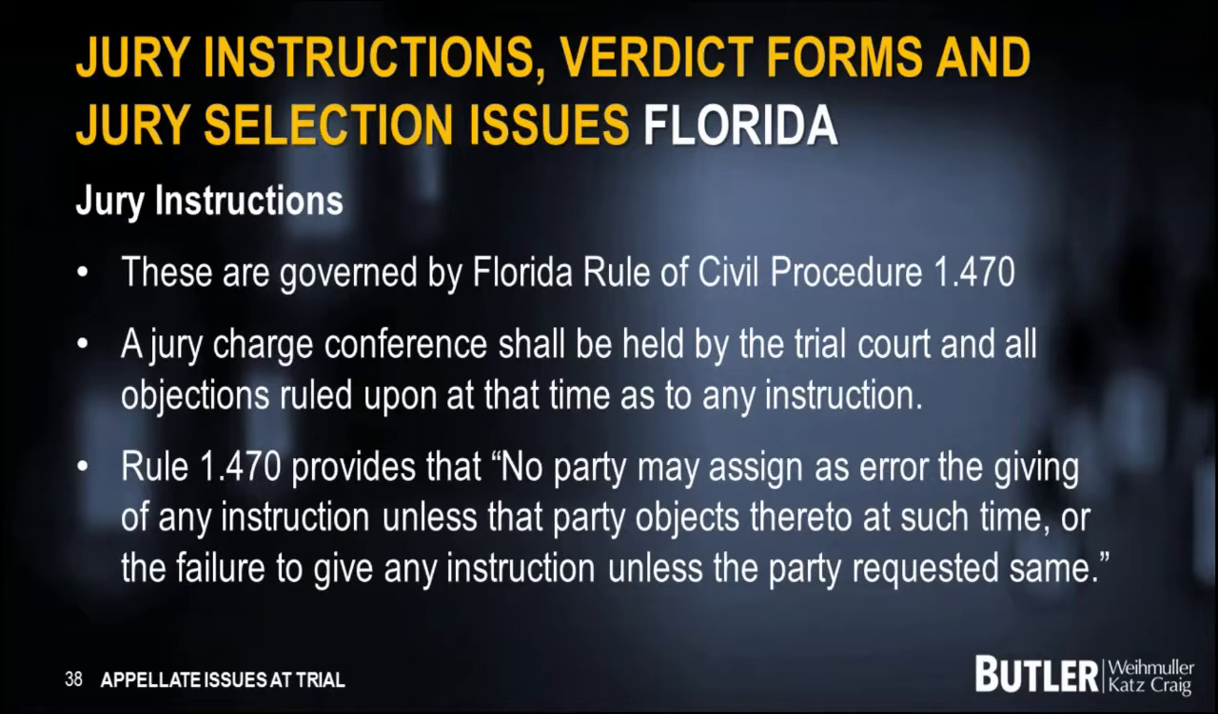At a jury charge conference, you're always going to want to have a court reporter, and the rule specifically provides that no party may assign as error the giving of any instruction unless that party objects thereto at such time, meaning the jury charge conference, or the failure to give any instruction unless the party requested same. So unless you requested a certain instruction be given, including a special instruction, unless you made that request and had it recorded at the jury charge conference, that issue is not preserved for appeal. And I do also want to highlight that you always want